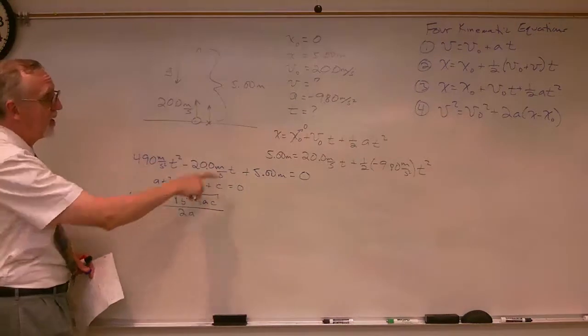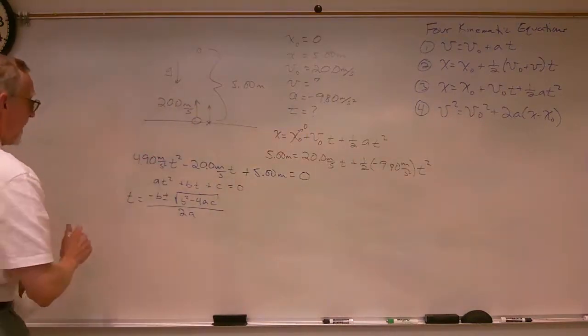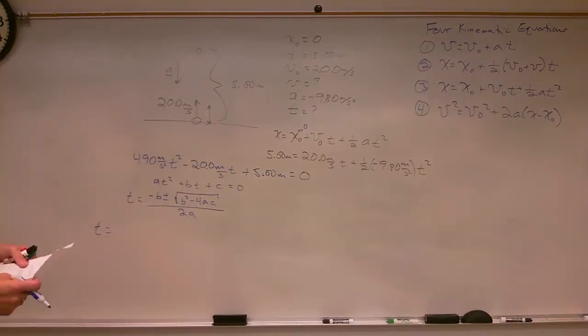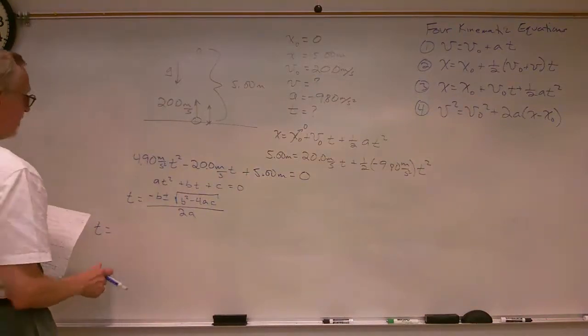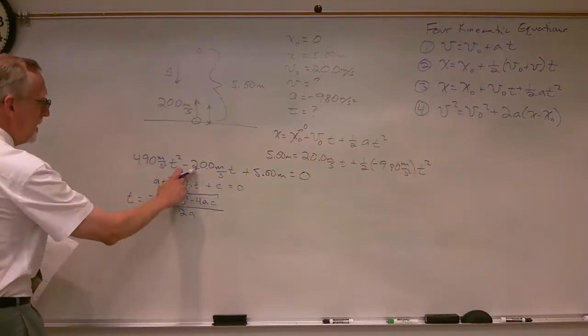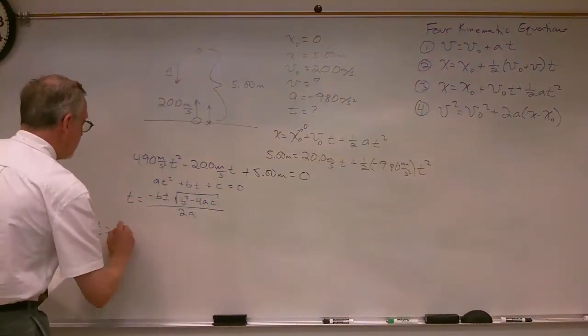So don't get this a confused with that a. So what do we have? T is equal to, now I'm going to write the solution in a slightly different way. I'm going to group some terms here. We've got minus b, okay, here's b, so that's going to be 20 meters per second,